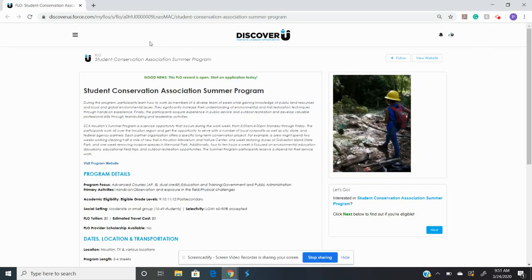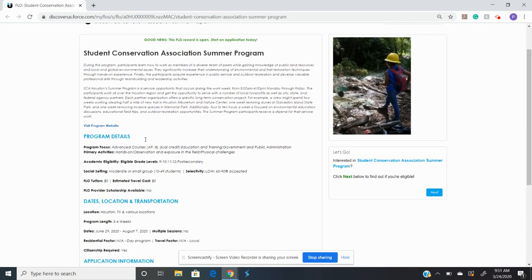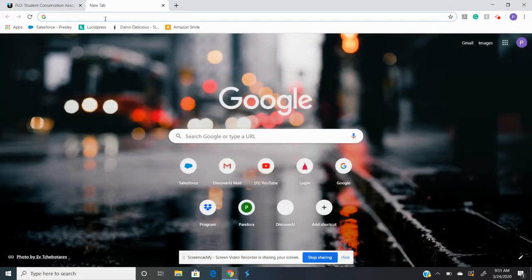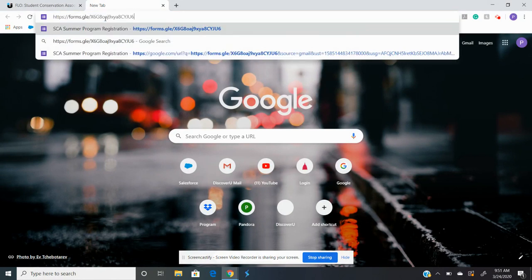So this is me logged in if I were a student. I just typed in Student Conservation Association under the Find a Flow option. And so I'm going to scroll down. Where's the application notes? Oh, here we go. You see you've got to complete this short application. It isn't linked or hyperlinked, so you're just going to have to copy and paste and go in to this right here